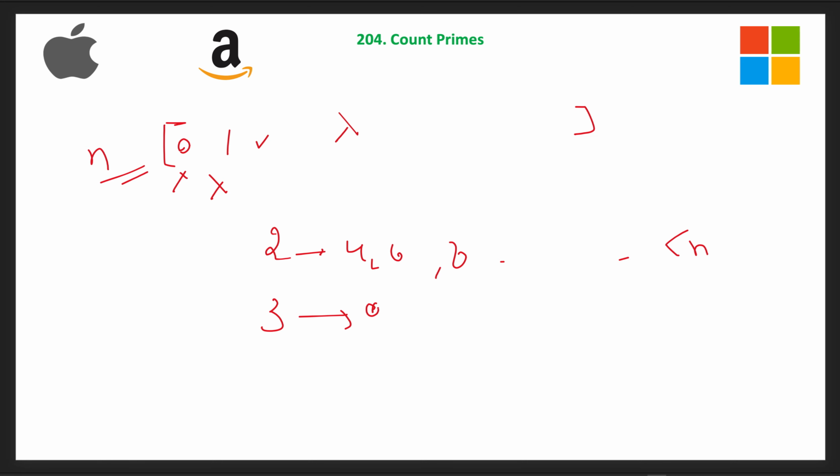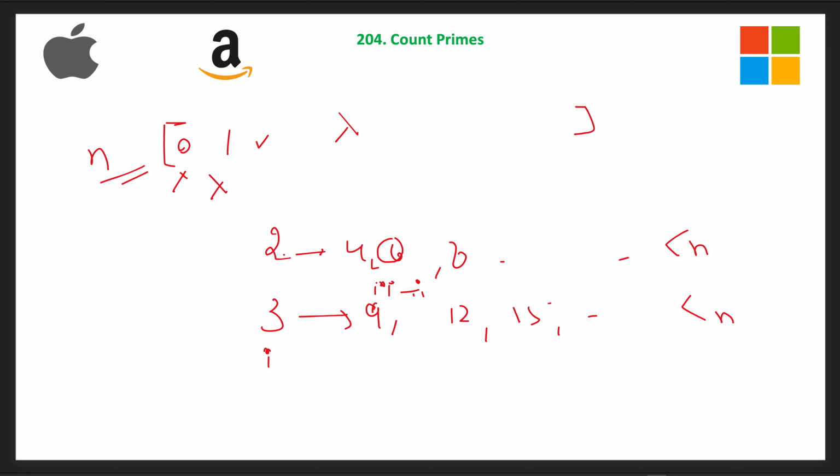starting from 9, because 3 times 2 is already done by 2. So we don't have to start there. We start I times I. If I say I, then we start from I times I, and then increment by I each time. So then 12, 15 and so on, until this is also less than n. We will keep cutting this, and in the end we just count all the primes in our table.